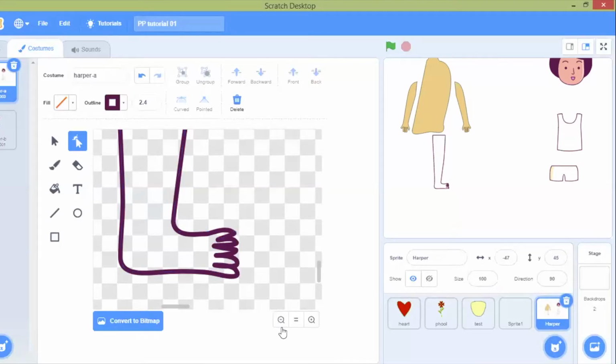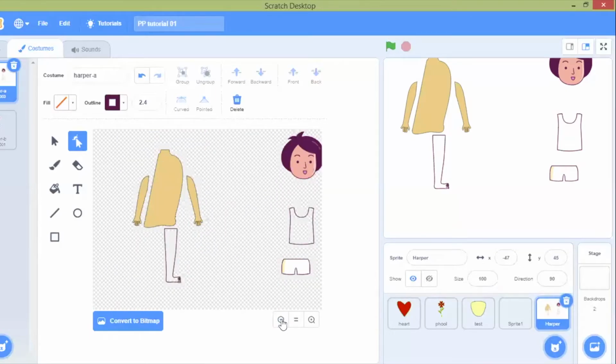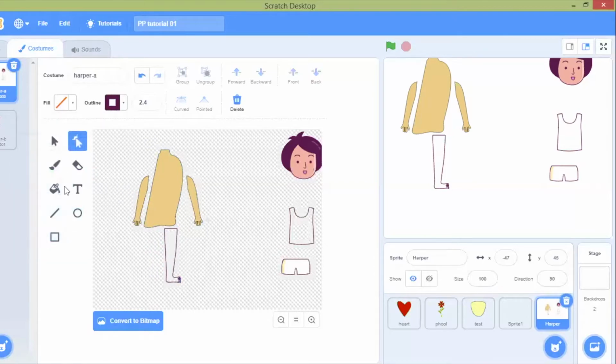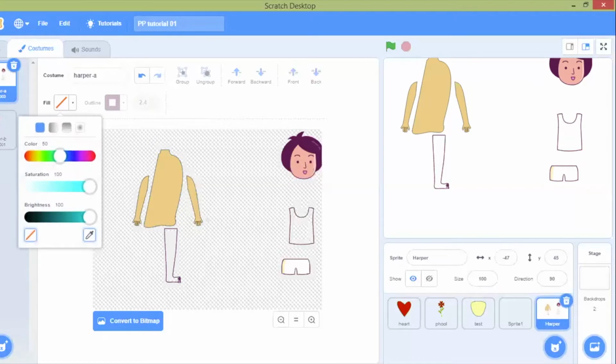All right, yeah. Let's go back to our normal size. We've got some kind of a toe. It's slightly messy, but we can fix it. Now what we do, yes, we want to color it, but first we select the bucket, otherwise it will not do the right job. Pick a color, click